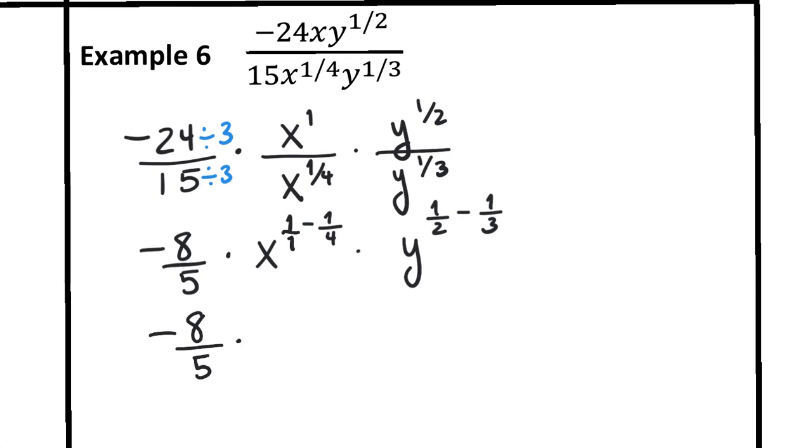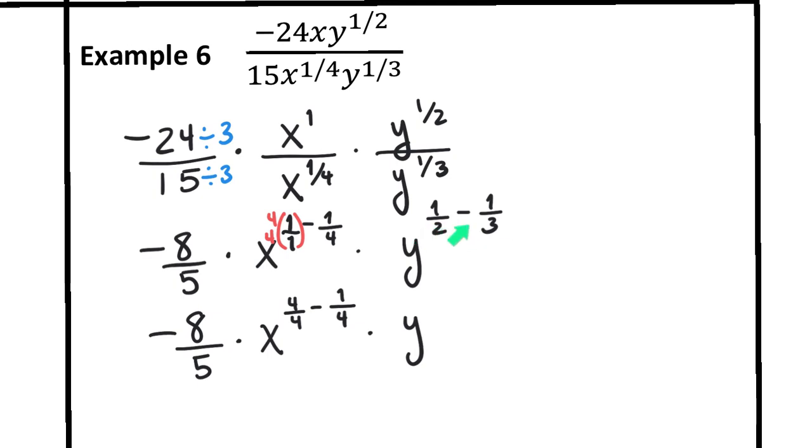And then times. Over here, I can multiply with the x's. I can multiply the bottom by 4, but then I have to multiply the top by 4. So that gives me x 4 over 4 minus 1 over 4 times, now working with the y's,